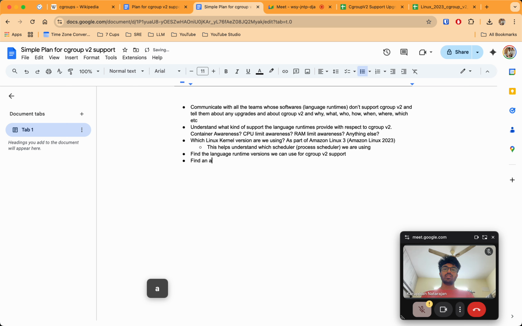Find an alternative way to run the old language runtime version, which does not have cgroup v2 support, in a cgroup v2 environment.